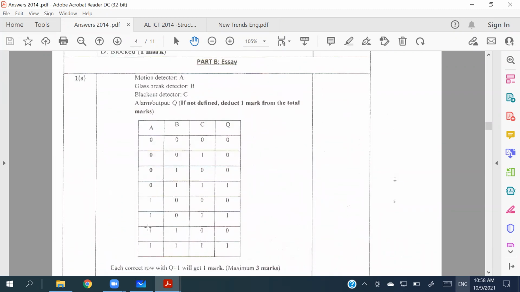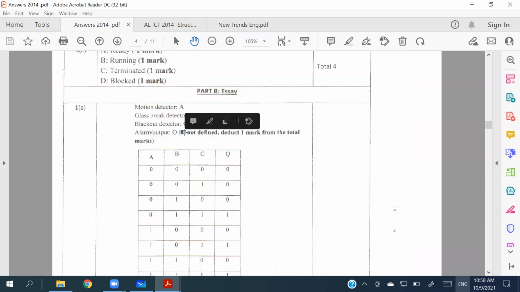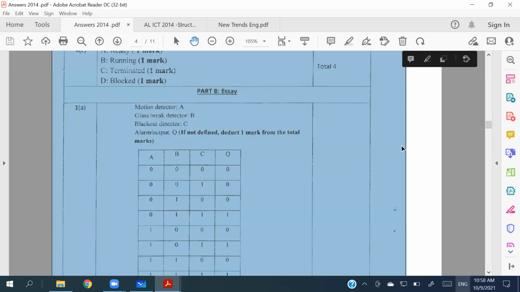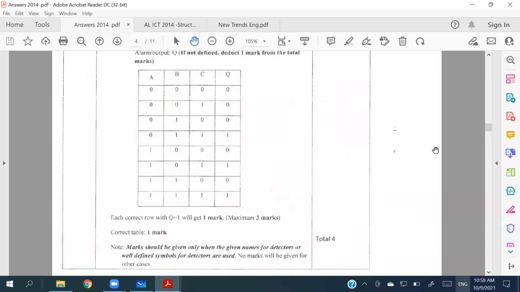The 4 marks are given for indicating the inputs in total and drawing the truth table. If this part is missing, one mark is deducted, and if the others are missing, marks are deducted one by one. Right? So if you have any problems, just send me the answer, then I'll look into it and tell you what went wrong and how many marks you have collected.